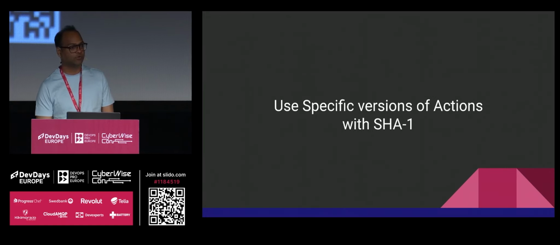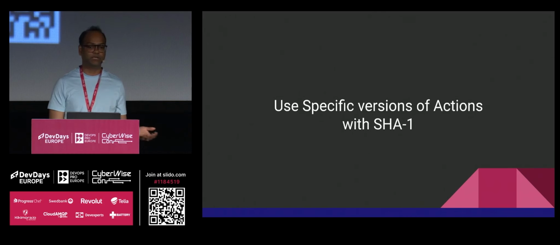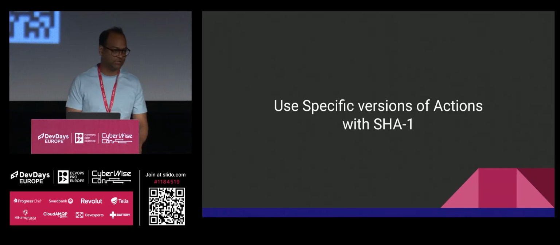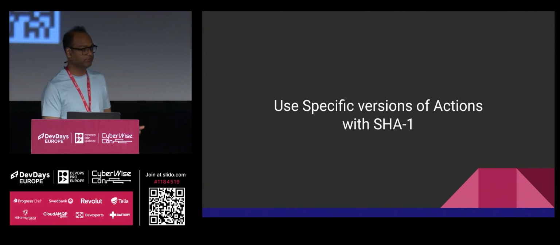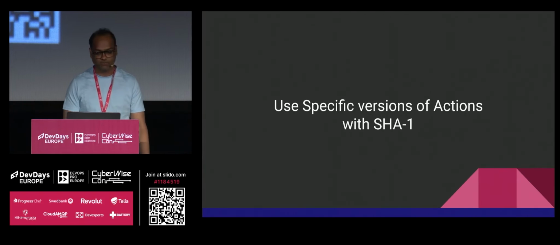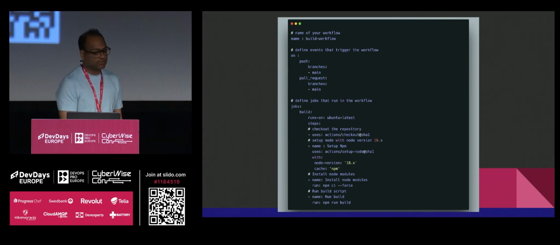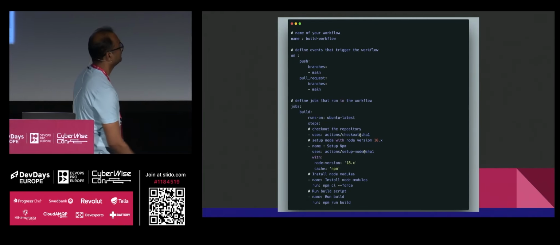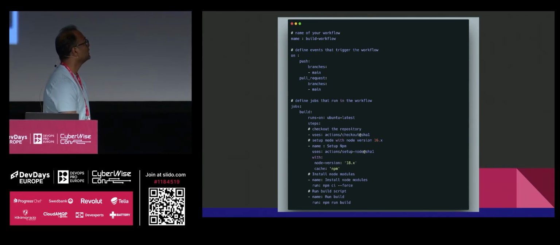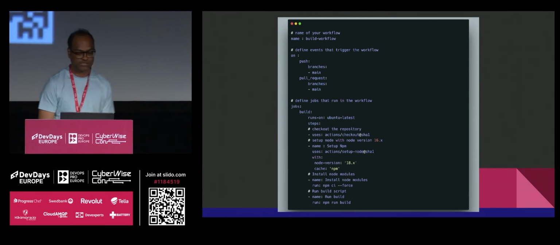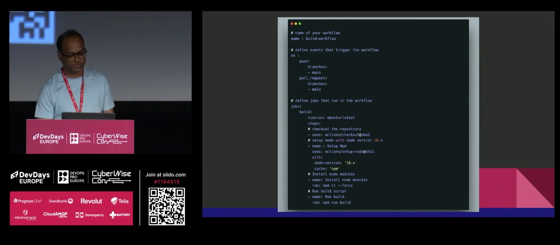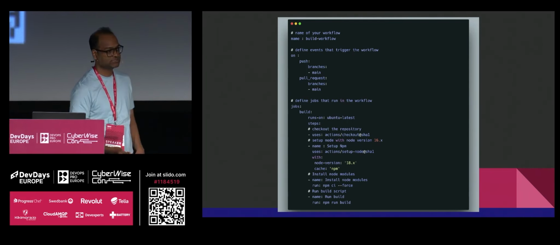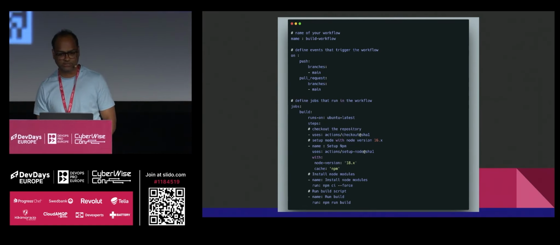So try to use SHA-1, so if there is any vulnerability, there is no threat to your organization. Basically, you can just roll back to the previous version just in case something comes up. And this is how you can do it. If you see, I have an action setup node, where I've just written SHA-1. Of course, I don't want you to copy paste the SHA-1. So whenever you are passing any actions, just use the SHA-1. Even with the GitHub Actions, I think that's safe to use.